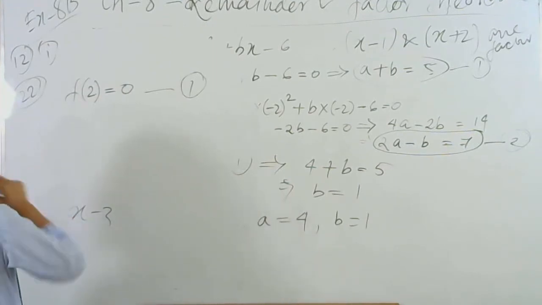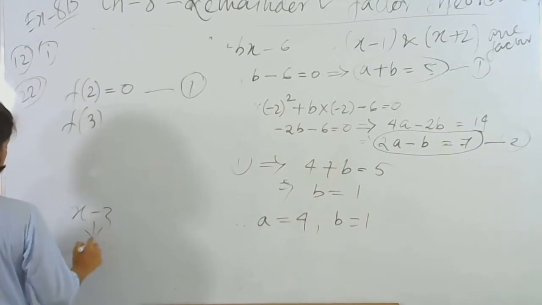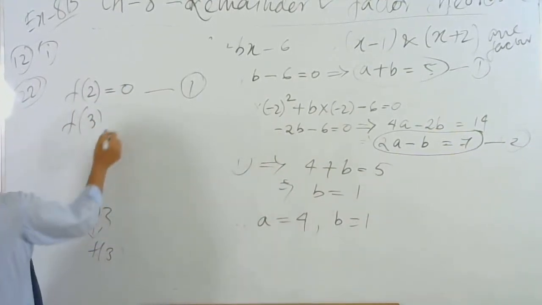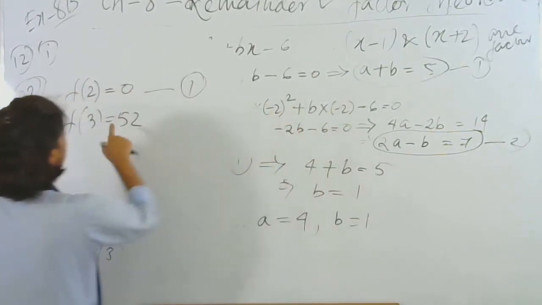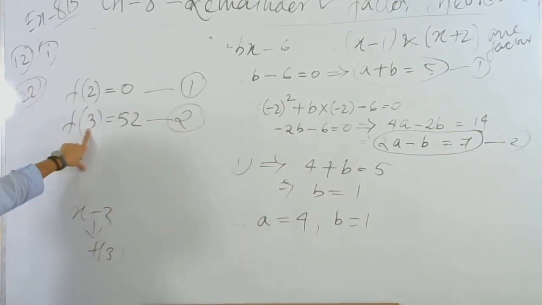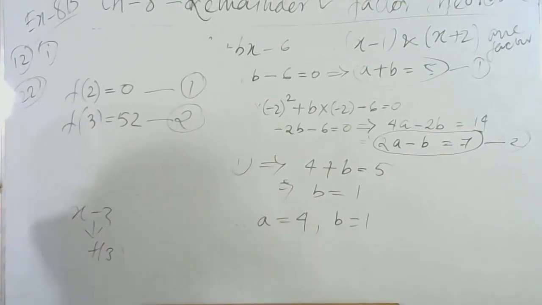So what is the remainder from here? f of 3. The remainder will be f of 3. So this says that the remainder is 52. So here, in place of 0, we'll be using 52. In the same way, you replace x by 3, calculate it, reduce it. From there you'll get one equation. Then the same way, using the elimination method, you can solve it simultaneously.